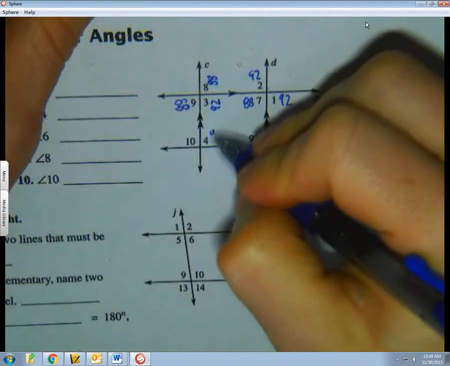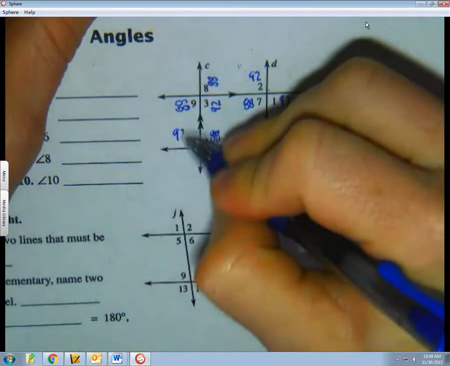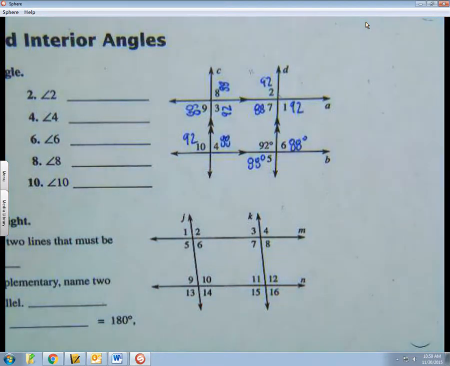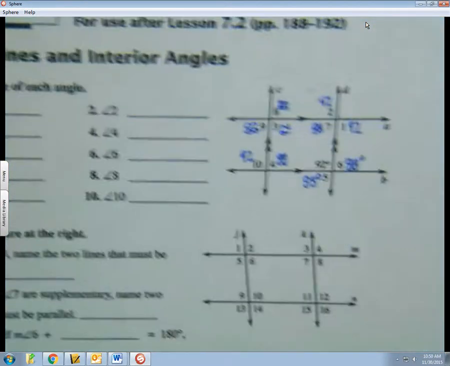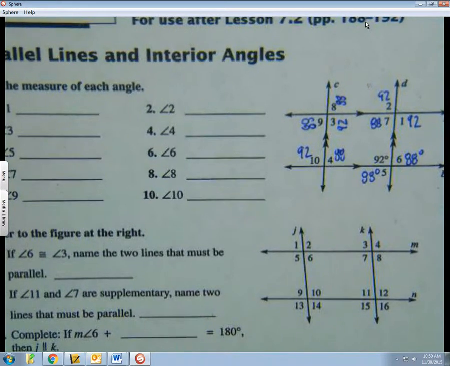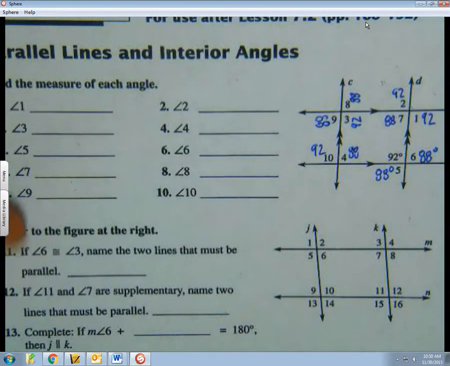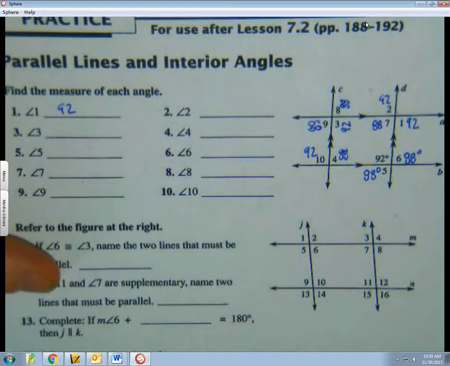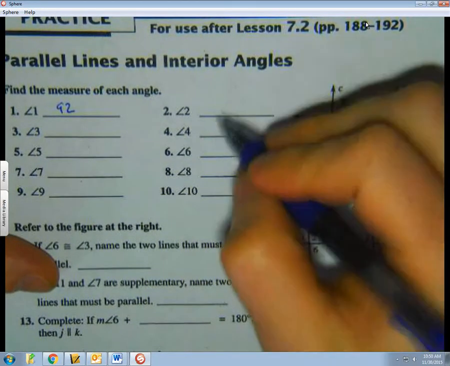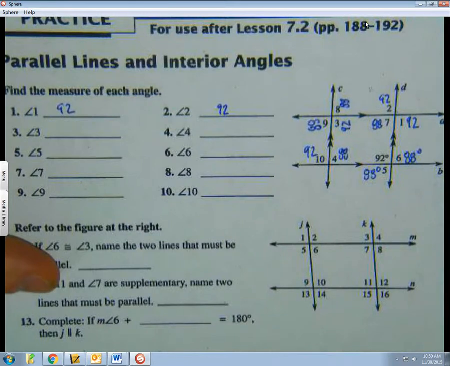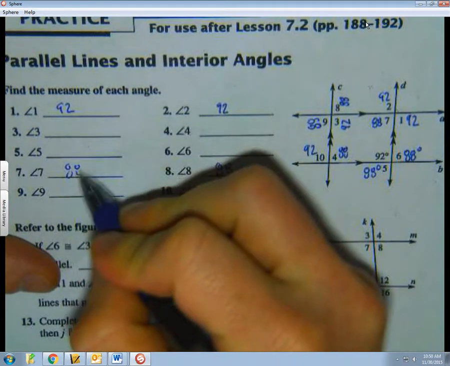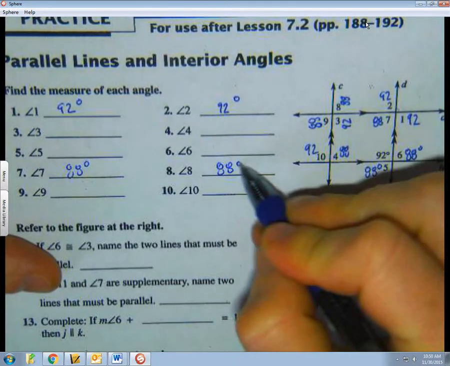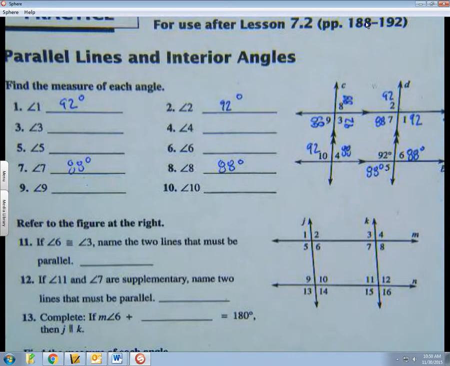9 is 88, 4 should be 88, those should add up to 180, that's 92. Okay, so then it's just a matter of putting in what you know over here. You've done the problem, you've done the heavy lifting. You're just filling in what you know. 1 is 92. 2 is 92. Alright, you can go from there. 8 is 88. 7 is 88. Those are all degrees. Okay, you can fill that in. Alright, let's